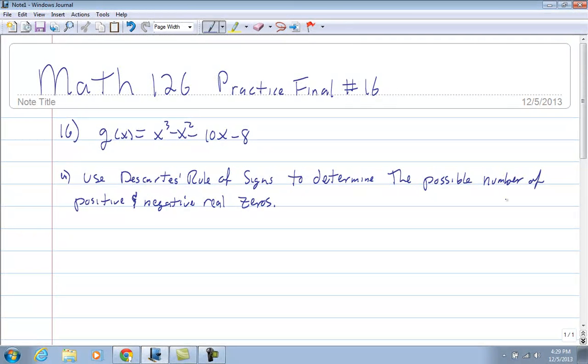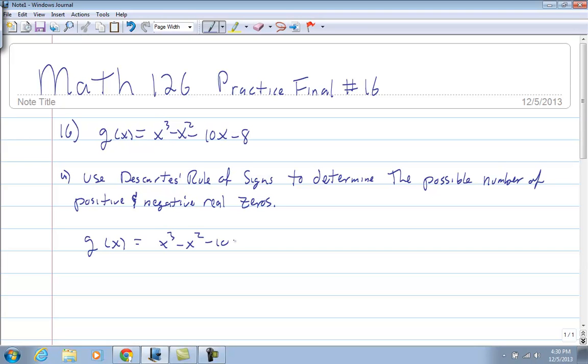In this video, I'm working number 16 from the practice final for Math 126. So 16 says g of x equals x cubed minus x squared minus 10x minus 10. And the first part says use Descartes' rule of signs to determine the possible number of positive and negative real zeros. So Descartes' rule of signs says, okay, you look at g of x, which is x cubed minus x